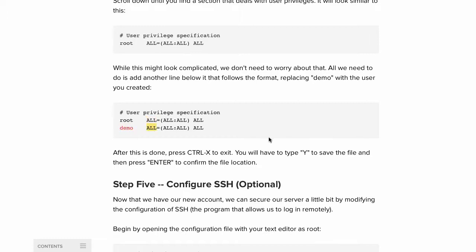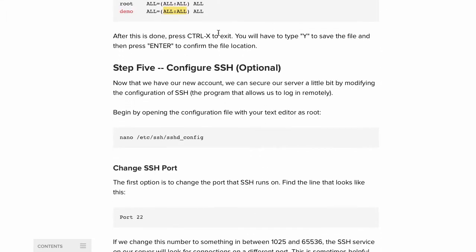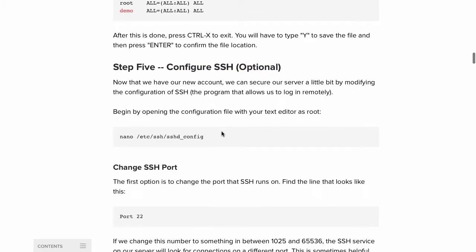And you can specify specific privileges for these users at a later time, in which we'll go into more detail in a future episode. For step 5, we have configure SSH. This is totally optional. So what you would want to do in this step is jump into nano /etc/ssh/